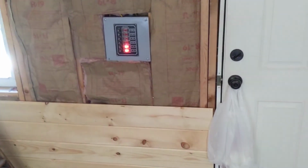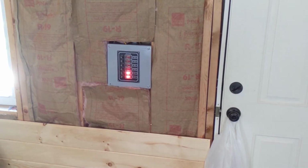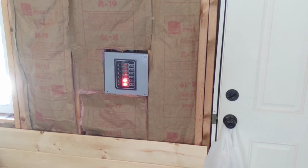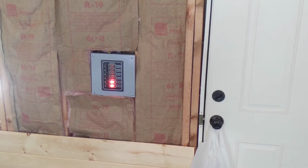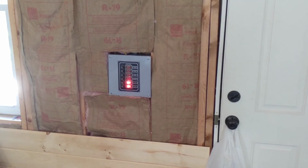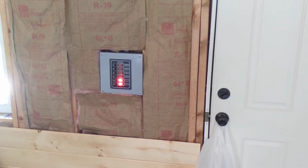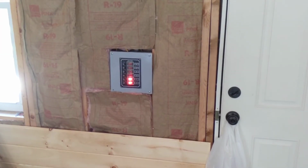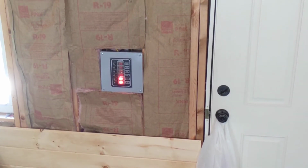What I plan to do here in this section is I'd like access to the wires in the wall in case I ever need to get at them in the future. So what I'm thinking of doing is the 2 boards below that switch box and the 2 boards above it, I'm going to cut so that they're removable, and I'll probably put a screw in each end on the right there next to the door, and then on the left next to the window, and those will be covered by the molding,